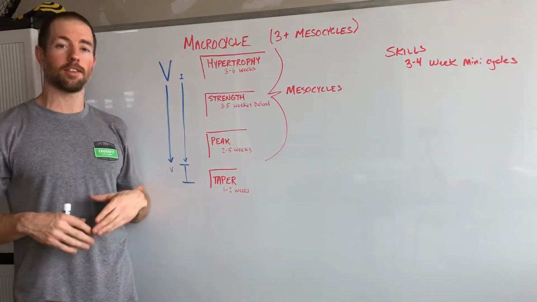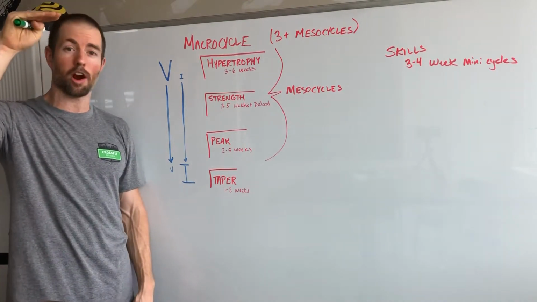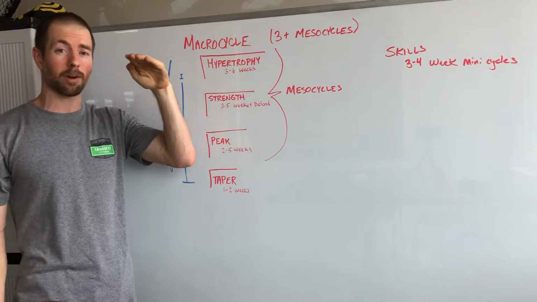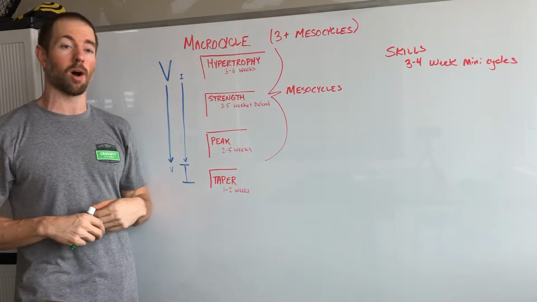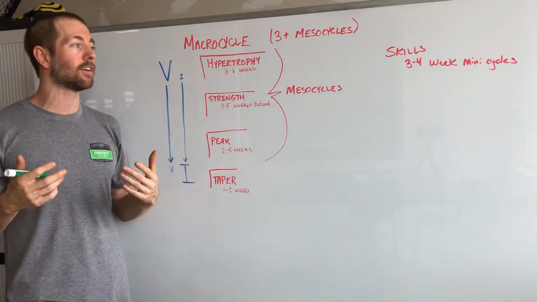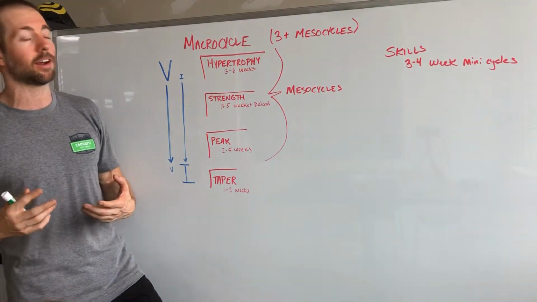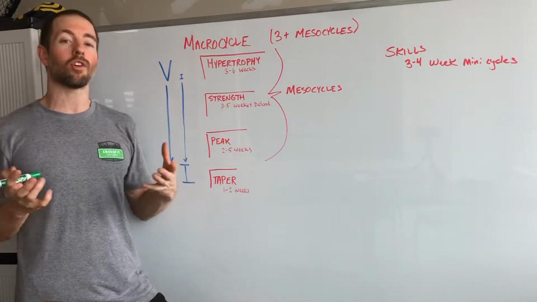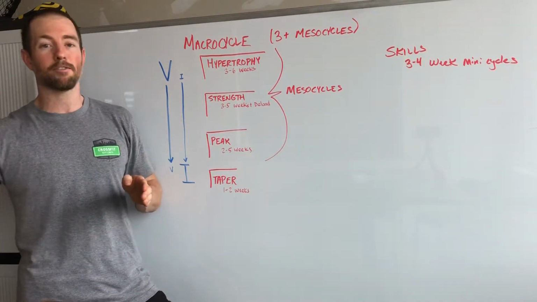And the great thing with these more skill related things is to keep them really, really sharp, you've got to practice them all the time. But to get them good and maintain them at a pretty good level, you just have to get it there. Once it's there, they stick around for a while, and then when we come back to it, we can build on that. But what we found is the people who get really, really good at all of these specialty skills that we do in here have taken 3 to 4 weeks to just dive in, get a good grasp on it, and then they really hold on to a lot of those skills even when they do them just every so often from there.